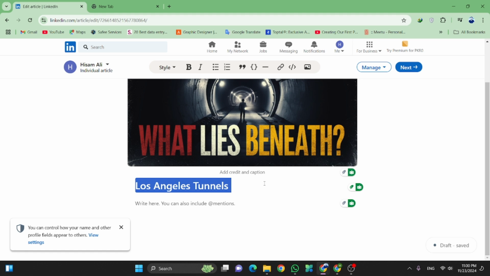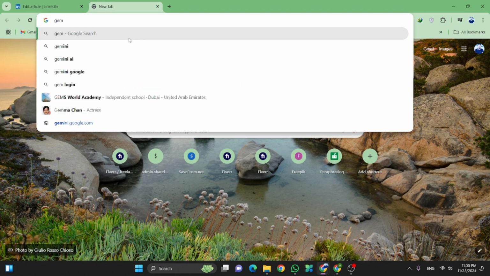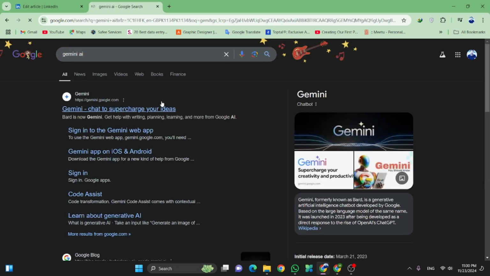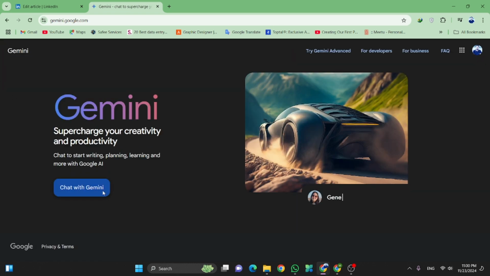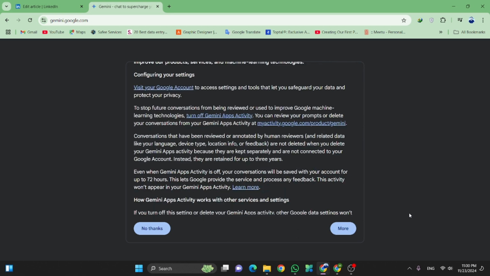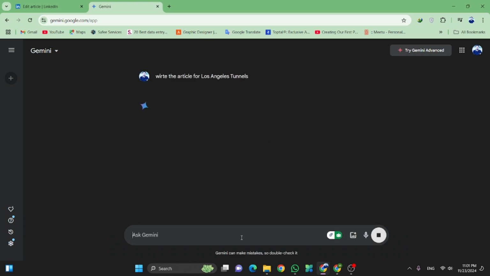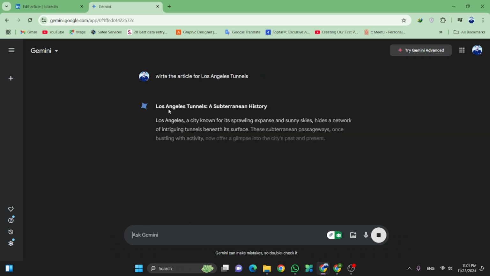For example, I'm going to copy this one here, and we are going to do this directly here. I'm going to search for Gemini AI here. Let's click on this, and we have to open it. We have to click on chat with Gemini. Let's click on more, and then we have to accept it. Now I'm going to provide the prompt to it. As you can see, I have provided these instructions to it, and now it will write the article,